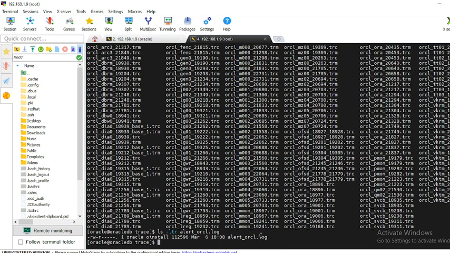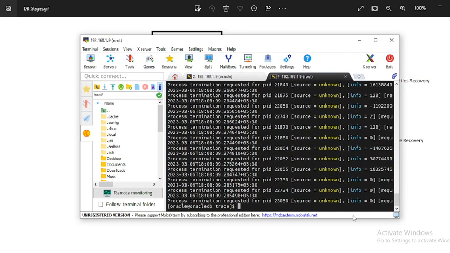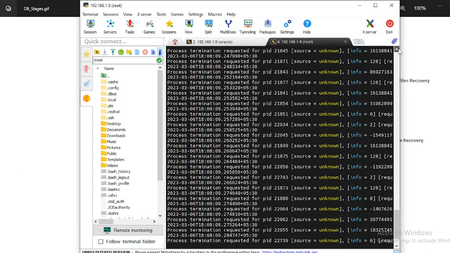So what we will do is read the file with tail -100 alert.log. Your database is stopped here, so just a second. Scroll up.